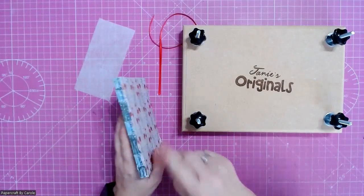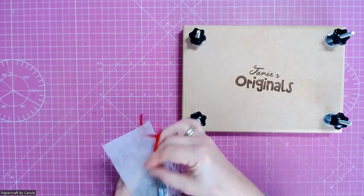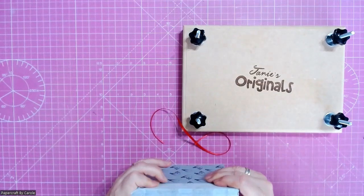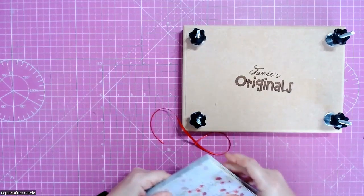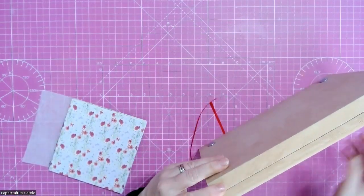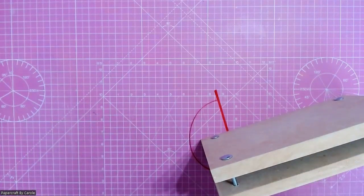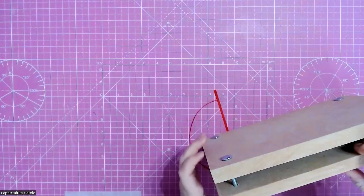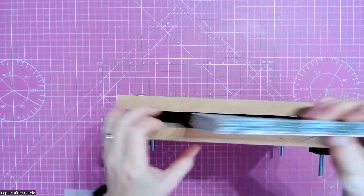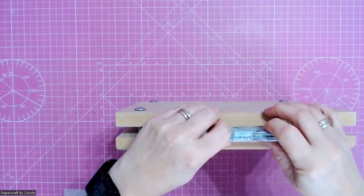The block is now dry, and I need to add the ribbon, and I'm using interfacing. You can use muslin if you have it. We're going to use the book press again. It certainly doesn't need to be right down there, it doesn't need to be in as far this time. So we're just going to